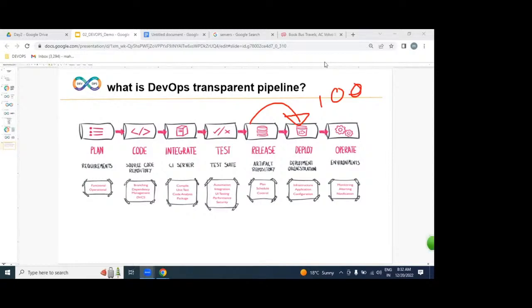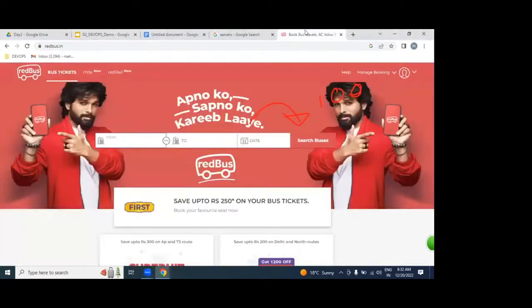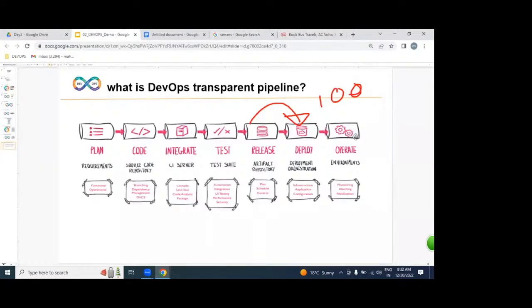Once our application is placed on hundreds of servers, we can access it on the internet as a website. Is our job finished up to here? No. Whether this application is working or not, we are going to monitor and maintain it.